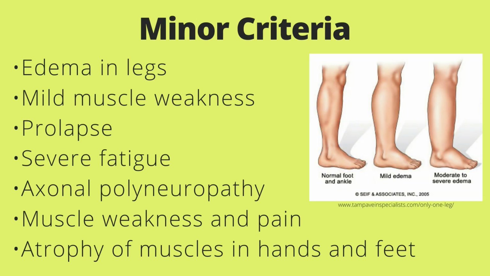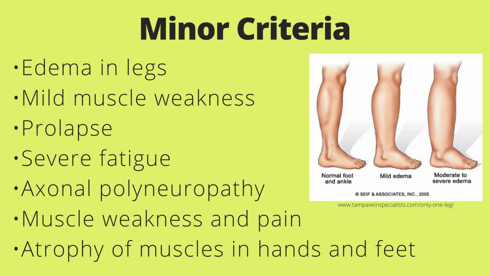Minor criteria include edema in legs, mild muscle weakness, prolapse, severe fatigue, axonal polyneuropathy, muscle weakness and pain, and atrophy of muscles in hands and feet. Edema refers to swelling which is usually due to fluid retention, which may be in the form of blood, water, or lymph fluid. A prolapse is when an organ shifts in place because the supportive ligaments are not strong enough